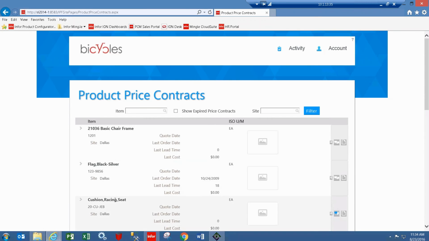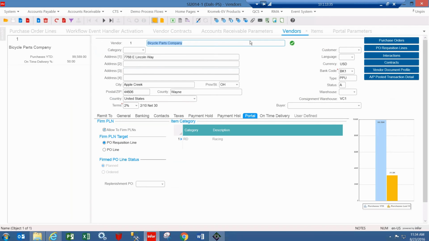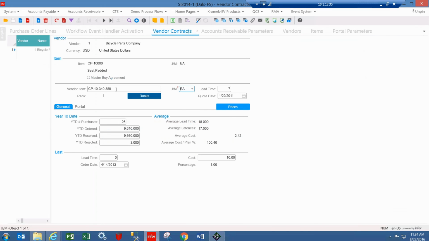Again, if I look at this cushion racing seat, look at the part number that's sort of displayed there. If I come back to Syteline and I look at vendor contracts, that's the item number for this, that's the vendor's item number for this internal CP10000 padded seat. So if I go back to the portal again,